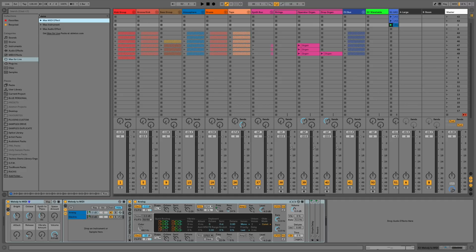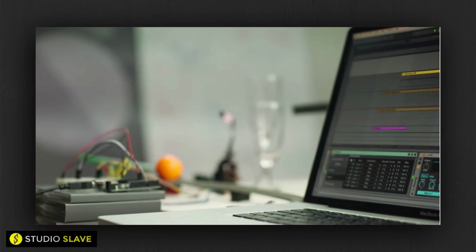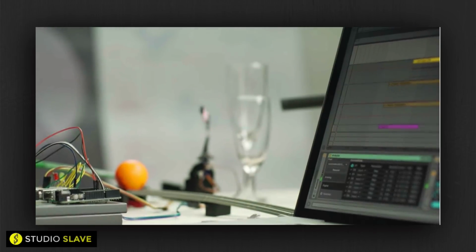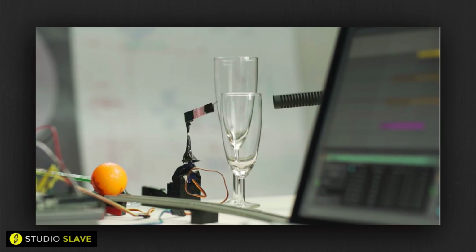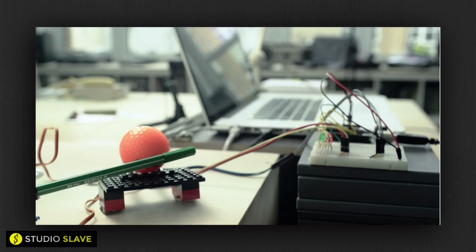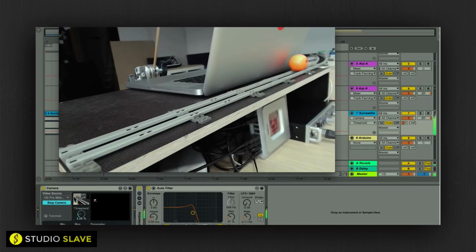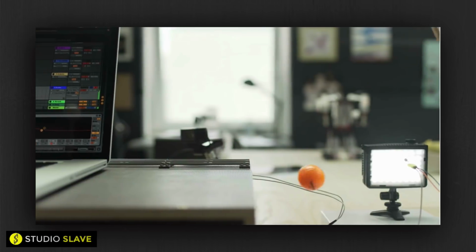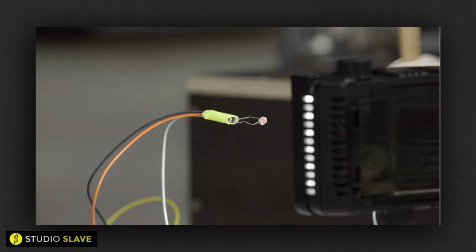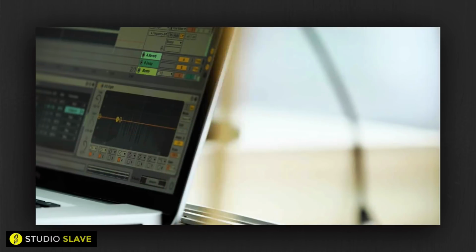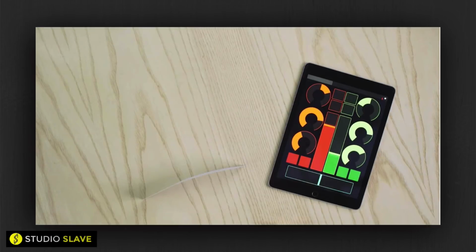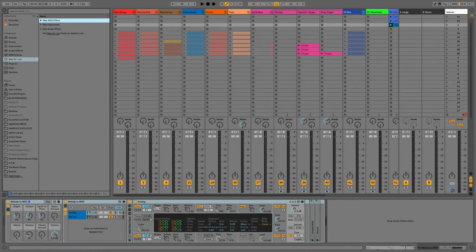So there's things such as integrating with electronics like Arduino, integrating with any sort of mechanics, being able to read things off the web, being able to take image and webcam sources and do things with them, being able to create visuals, being able to interact with other software. So if you've got some sort of really specific live show and you need a way of being able to talk to Live, then you'll be able to do that through Max for Live.